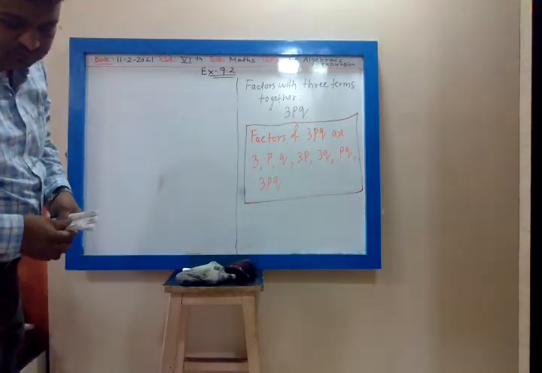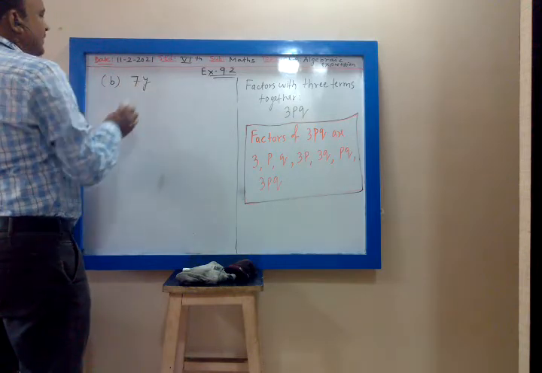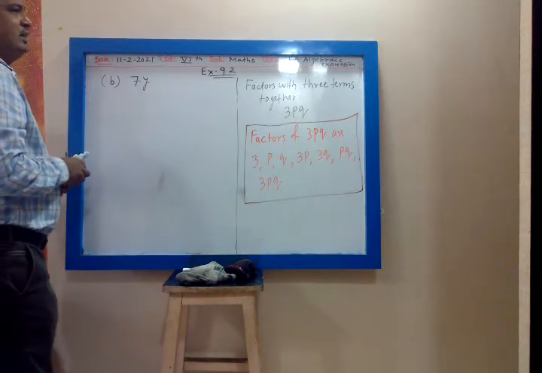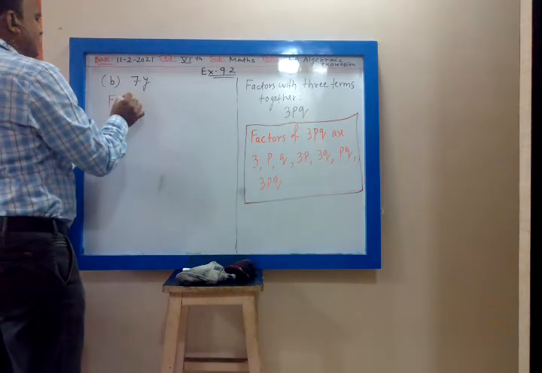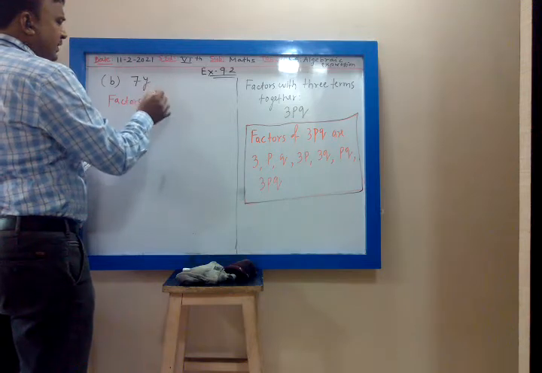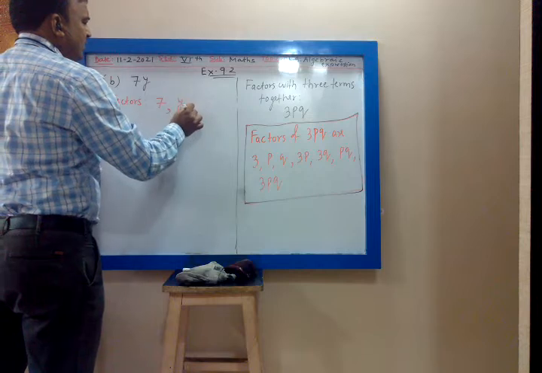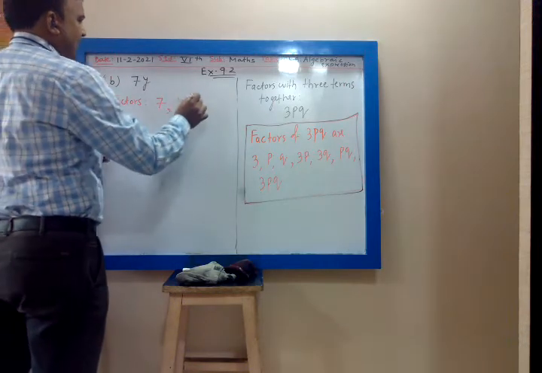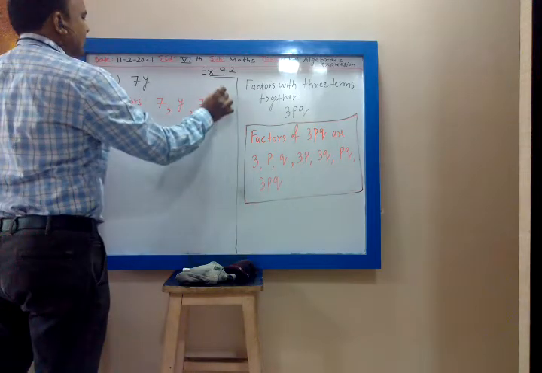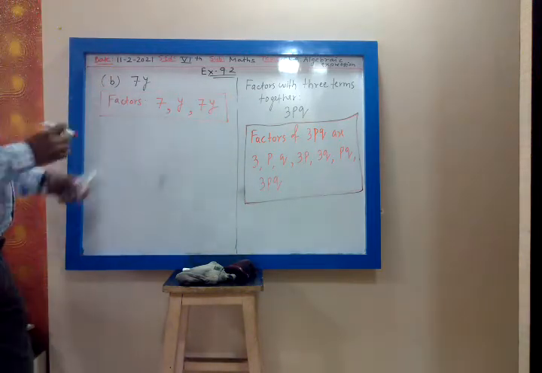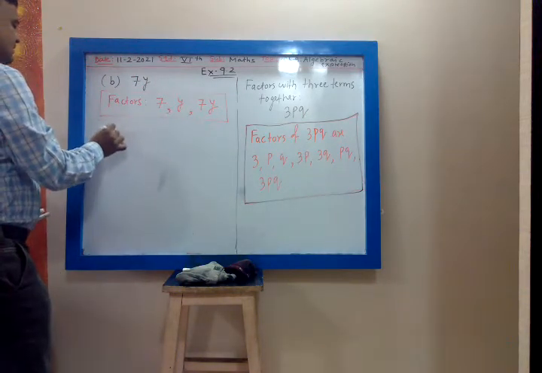Now second, 7y. What will you write? What are the factors? Factor with one term: 7 comma y. Then 7 comma y comma 7y, these three are factors. Factor with one term 7 and y, factor with two terms 7y. This is the answer. Then C,